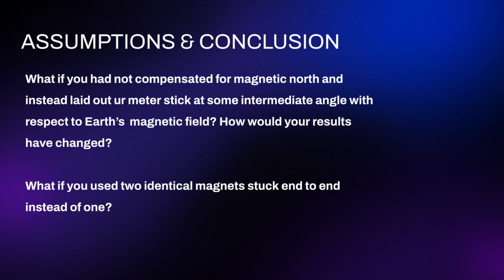Now for a deeper dive into the what-if questions. What if we hadn't compensated for magnetic north and instead placed our meter stick at an intermediate angle relative to Earth's magnetic field? Well, the Earth's magnetic field would interfere with the bar magnet's magnetic field, and